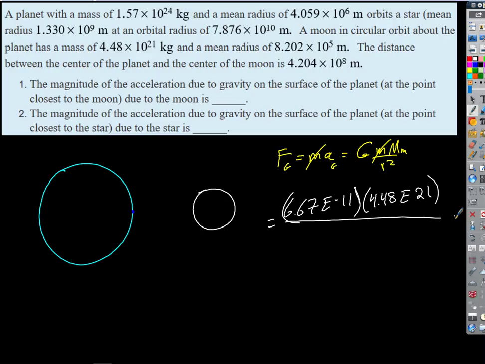It's just going to be the orbital radius minus the mean radius of the planet. The orbital radius, what do you mean by orbital radius? The distance between the centers. Okay, so the distance between the centers of the planet and the moon, then we're going to subtract away the radius of the planet, right? Does that make sense? So the quantity on the bottom that's being squared is going to be